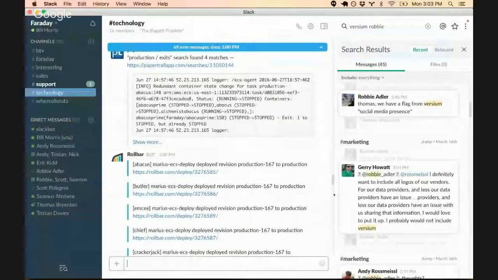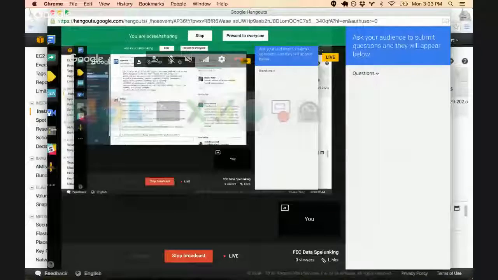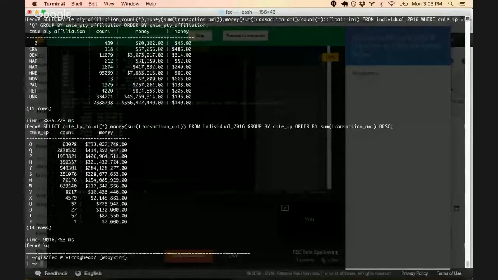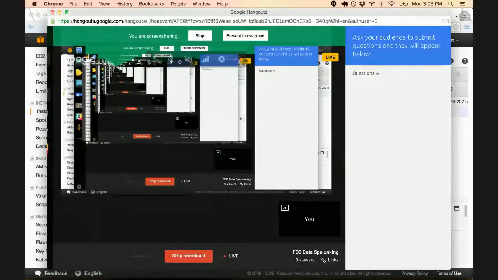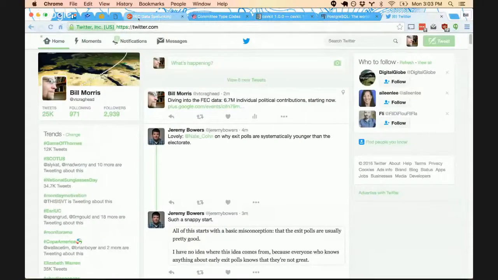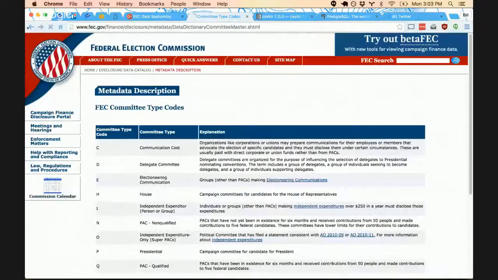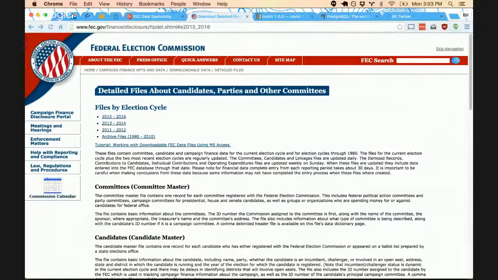So yeah, I'm going to use a couple of tools for dealing with large data sets, and I'll go into detail about those as we go. So onward. Let's see. So to start with, I'm going to check out the FEC's page. And you can see I'm already a few steps down here, but this website, which I've included in the links